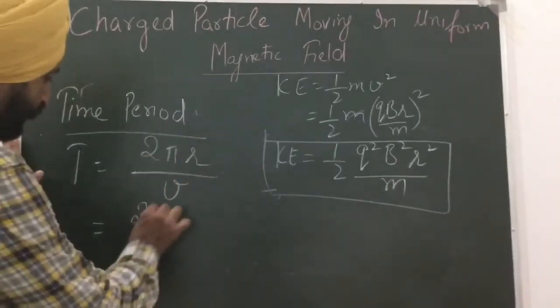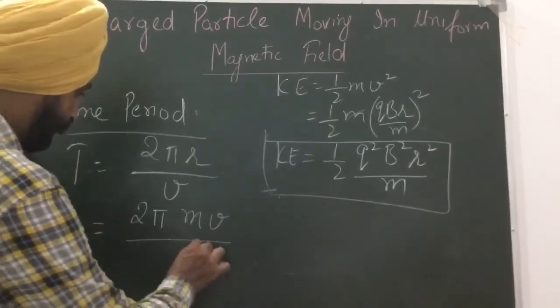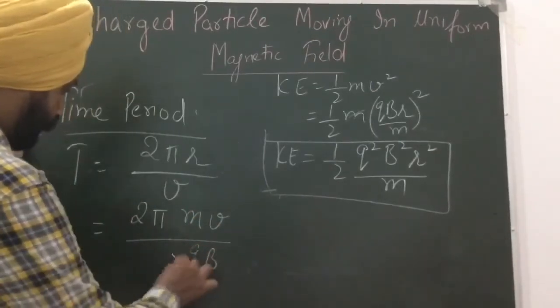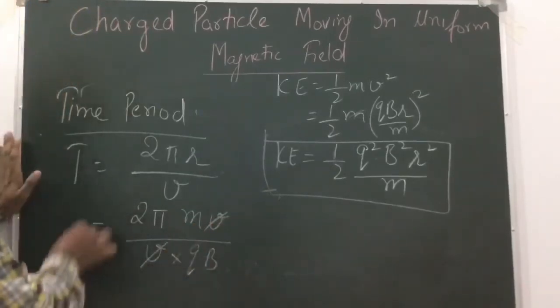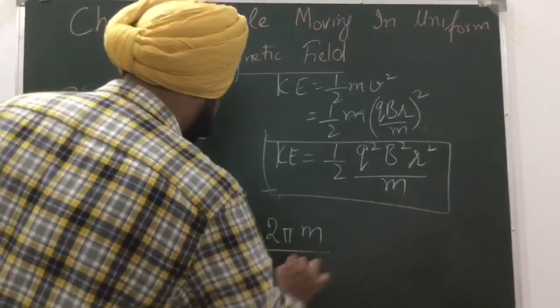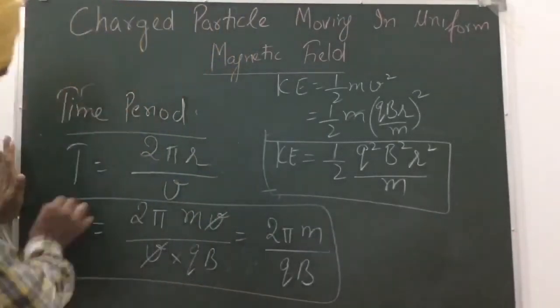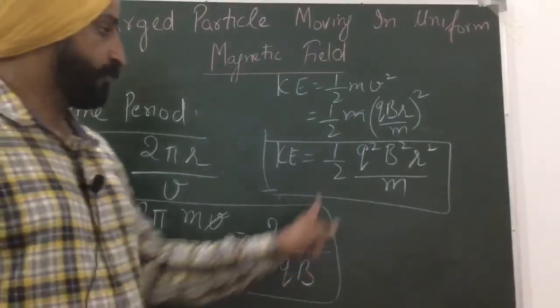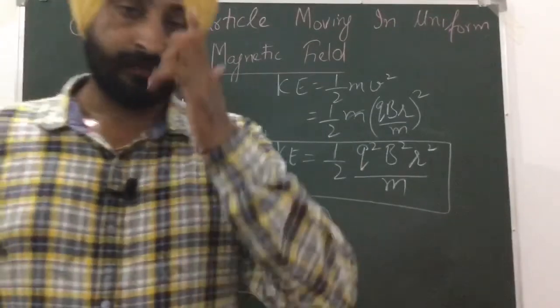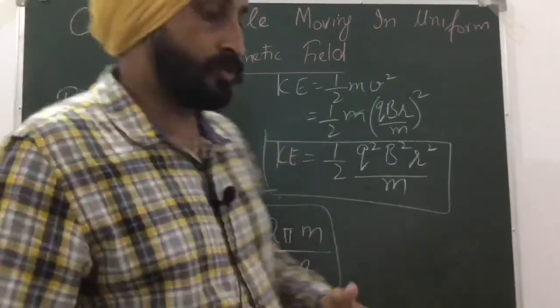As we know, the radius is mv by qb. This v and v will get cancelled out. So our time period will be equal to 2 pi m by qb. This is the expression for the time taken by that particle to complete one round. So this is the second part,